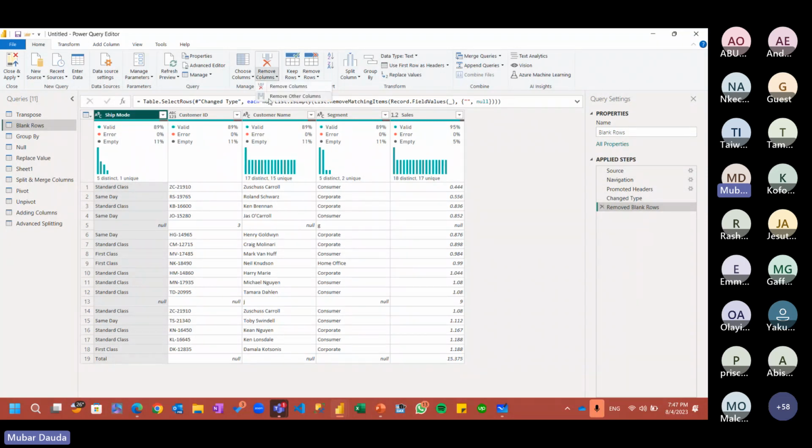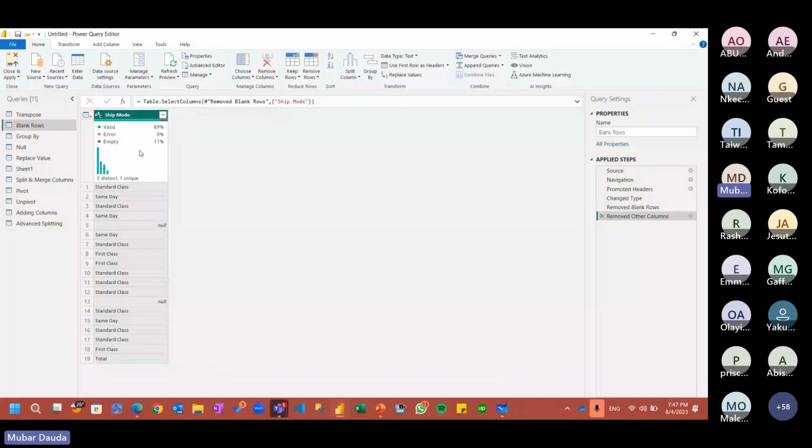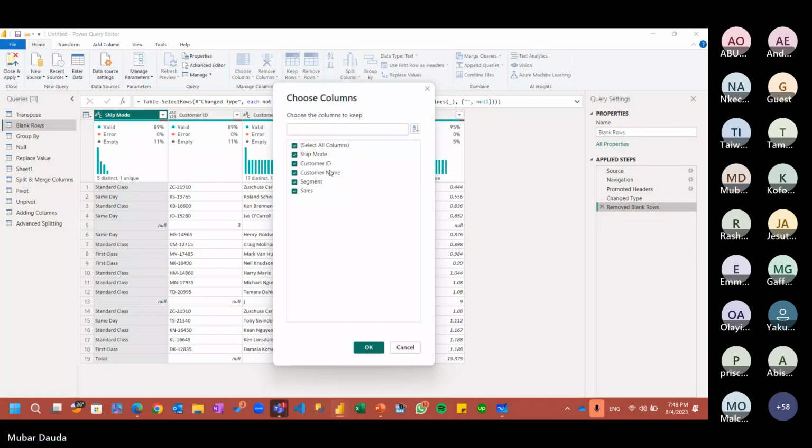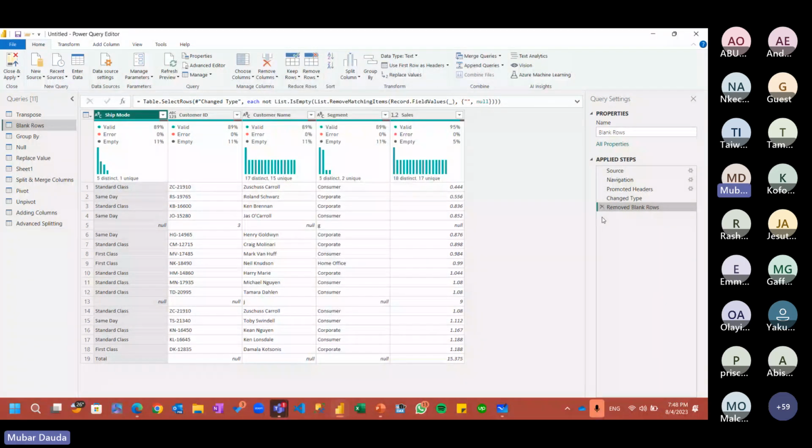While remove column, anyone that you select from here, like if I pick on this and I say remove column, you can see it remove the one that I selected. And that's what choose column and remove column does. And after that, we have a